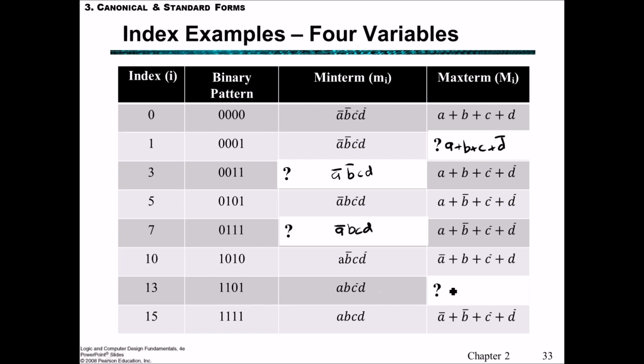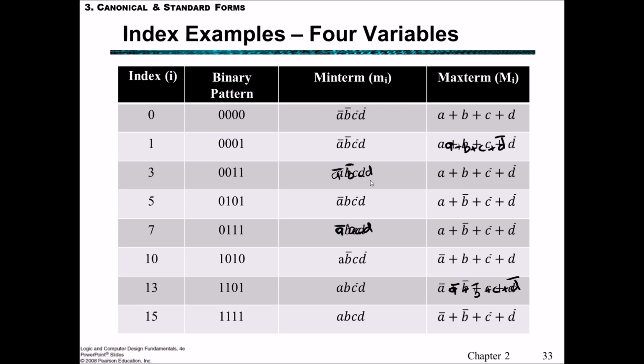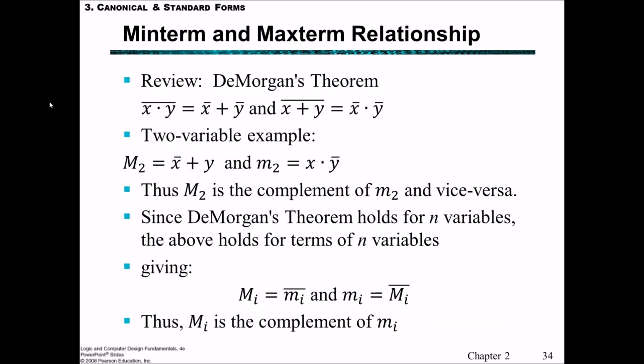1 means that it is complemented, so we have A, B, and D all being complemented, C not being complemented. So let's write that out. A, or not B, or C, or not D. Okay, that's right. So the minterms and the maxterms actually have quite an interesting